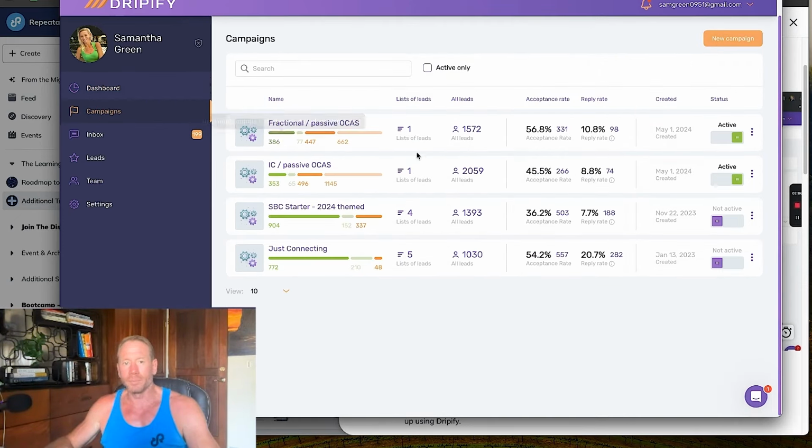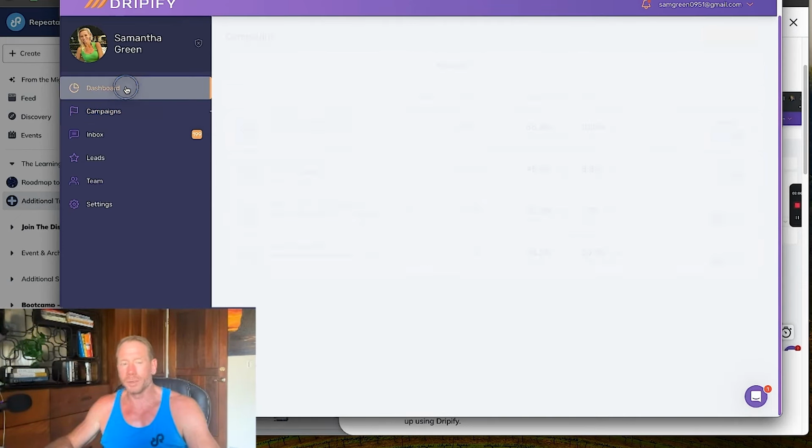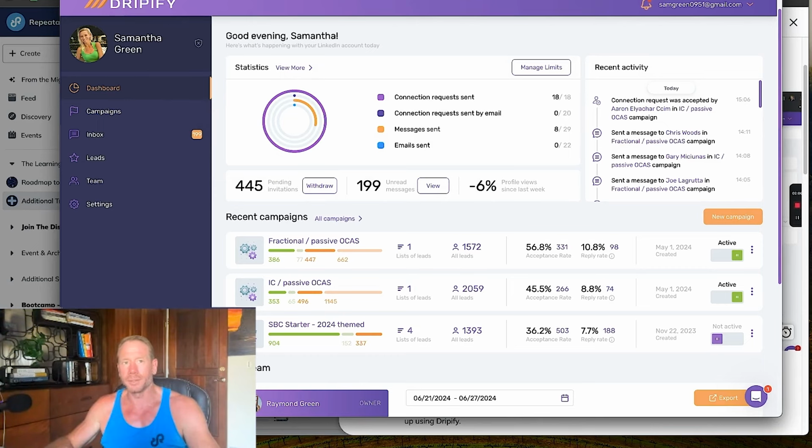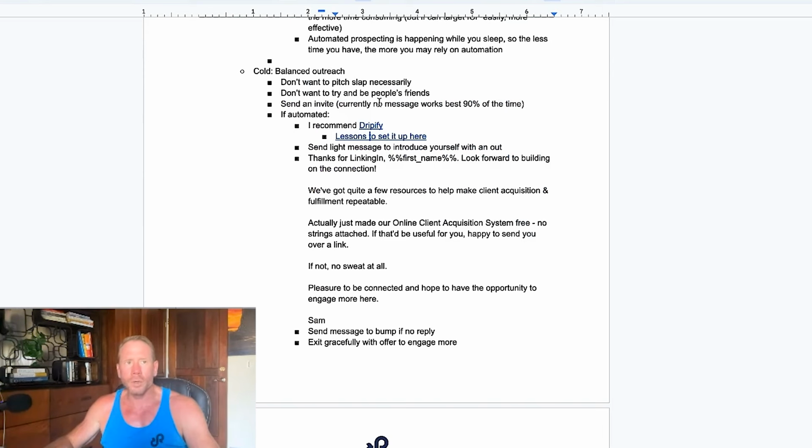If you're even reasonably technical, you can set up a campaign: go into Sales Navigator and copy-paste the link into Dripify. You can do that. But there's the lesson if you need it. So send an invitation, no message, and then send basically a light message to introduce yourself and give them an